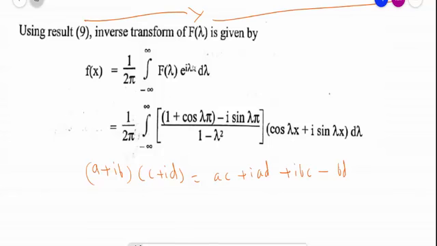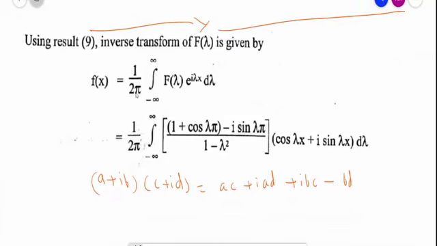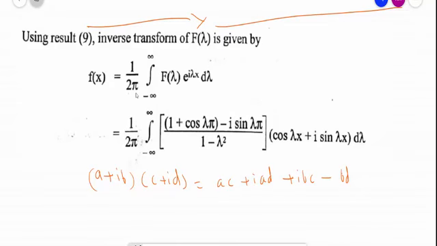Here note that these are the limits of lambda varying from minus infinity to plus infinity,